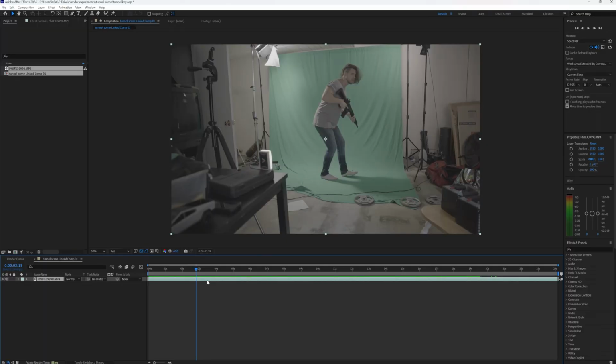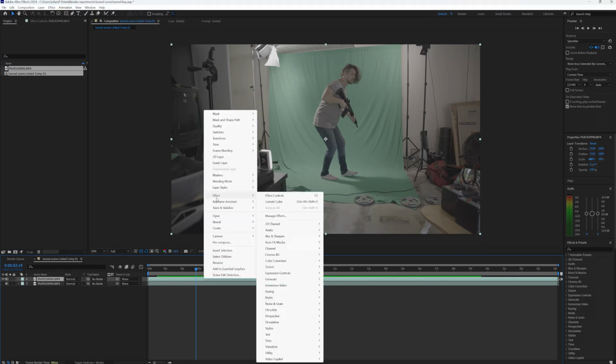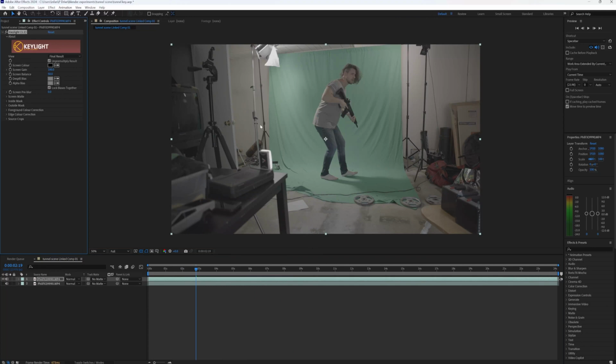First things first, with Control D I can duplicate my layer, so I have the same video 2 times on top of each other. Here on the far left I can hide my bottom video, which is going to be important for now. Now on the top video I'm going to just, like the regular way, right click, Effect, Keying, and Key Light 1.2. Nothing is going to happen yet, but now when I use this tool here and pick